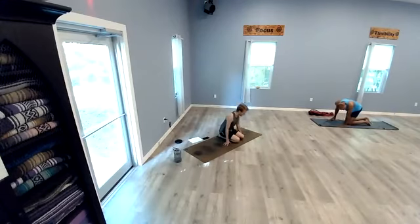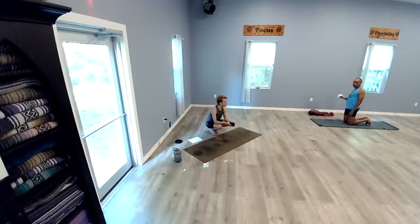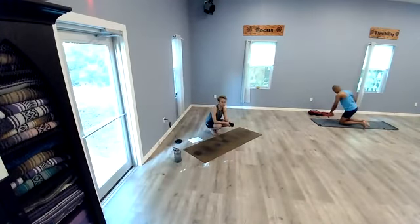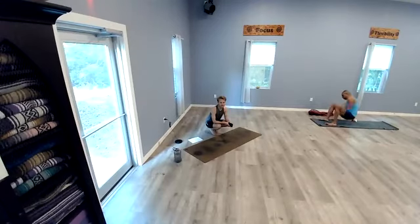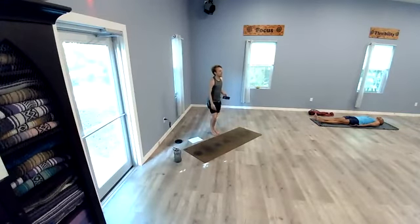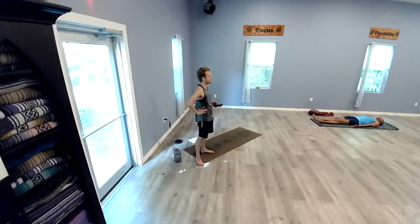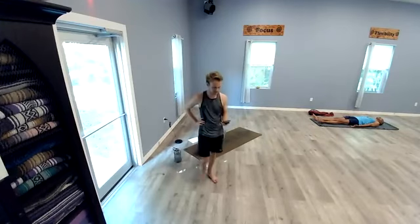But ultimately we'll work our way onto your backs for your final resting pose, Shavasana. If you're at home, just come to a comfortable place, lie down flat on your back, extend the legs out long in front of you, arms by your sides. Just sink yourself into the mat. Really give yourself permission to just be here instead of doing. The breath, whether it's natural flow,